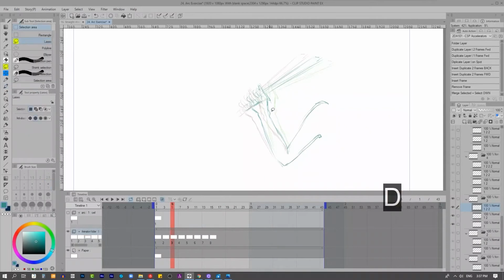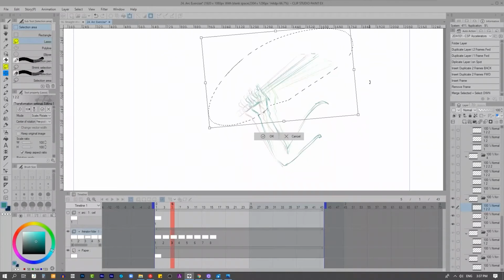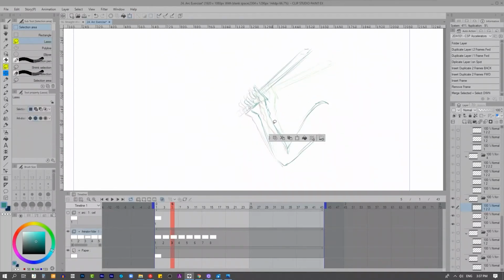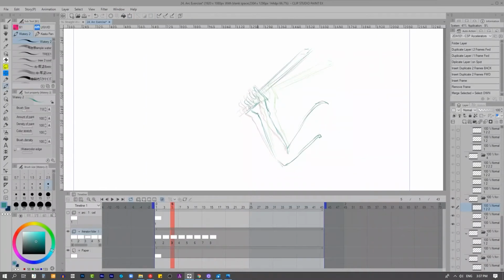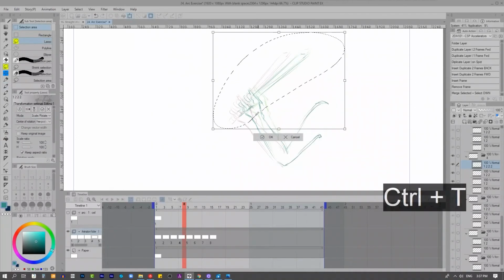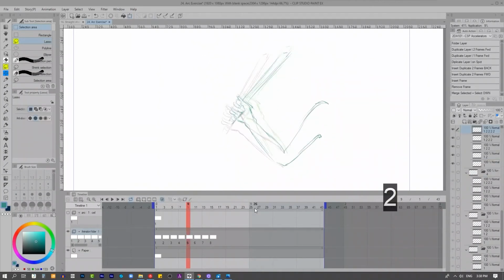So from here, the number 3, I will just take the hand, Ctrl T, and start rotating a little bit and making sure it will match and close the area. Then the same with the number 4. I will take all the drawing, Ctrl T, and rotate a little bit more. Remember we must make the arc,